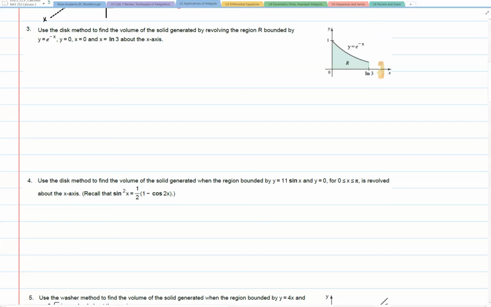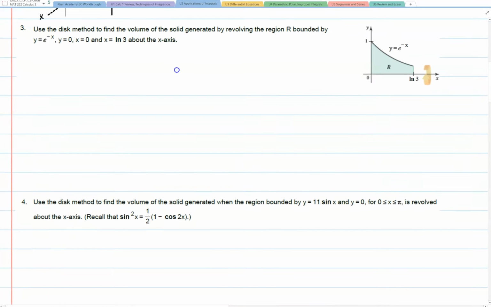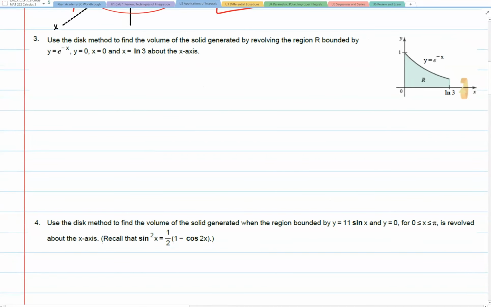Okay, picking up where we left off from the last set of videos, this is going to be problem number 3 and 4 in Exam 2 Prep. In both cases, we're using the disk method to evaluate the volume of a region. Now in number 3, we have a picture to work with, and we're being told that we're revolving this region